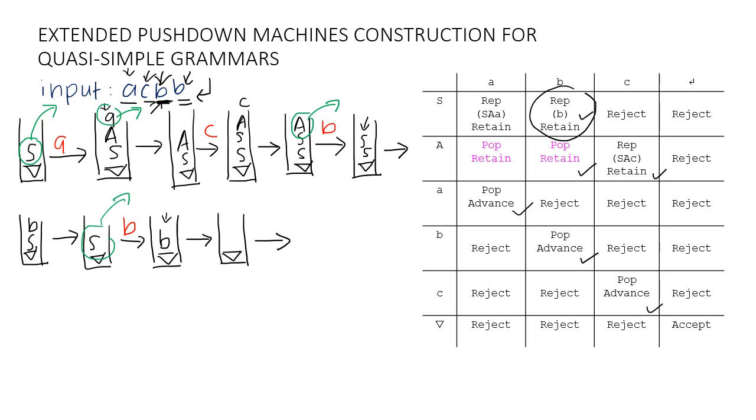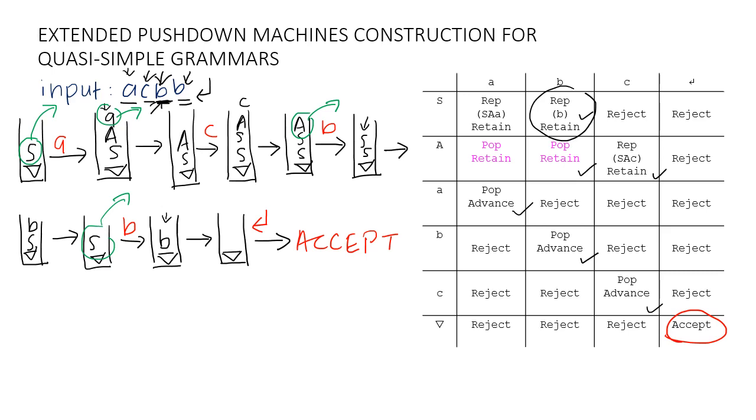I'm going to use red pen. Okay, end marker. And then we read bottom marker and end marker. It says accept, and we write accept here, which means the input ACBB is accepted by the extended pushdown machine